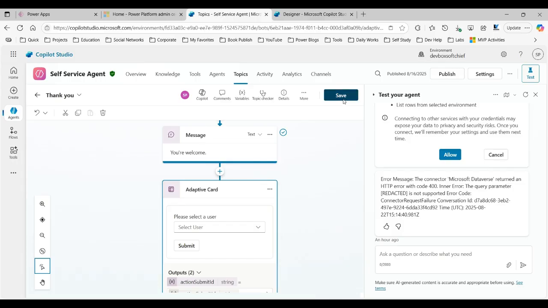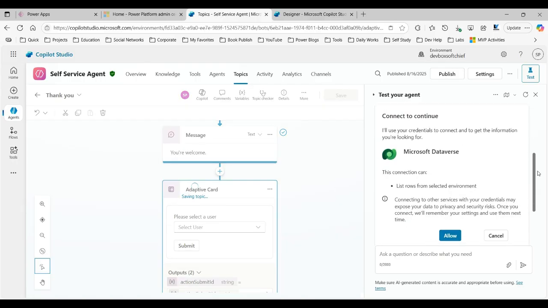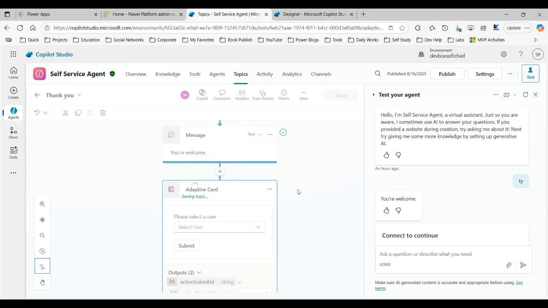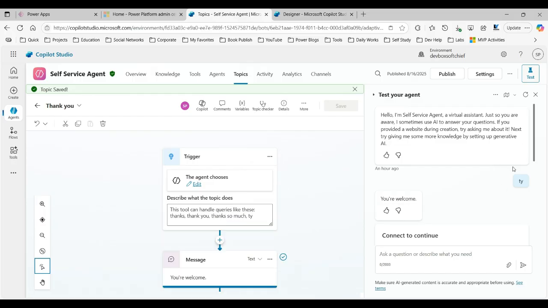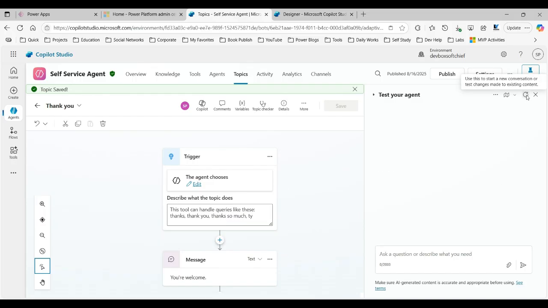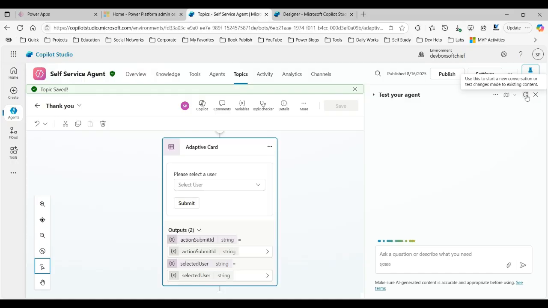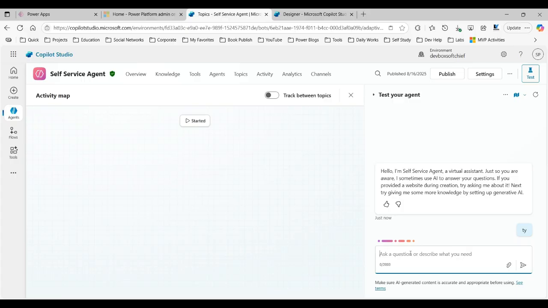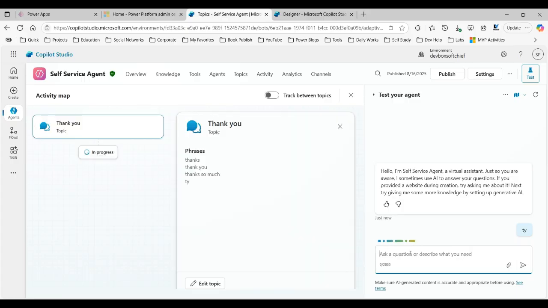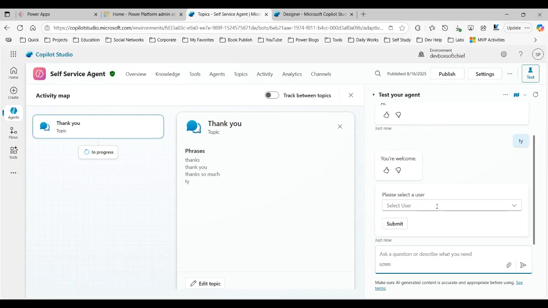Let us save and test how it works. I'm just binding the static items to my drop-down using the adaptive card. Then I will make it dynamic using a Dataverse table. Now you see, guys, it is saved. Let me refresh this. To test, let me type the trigger phrase to initiate this topic. Now you'll see this is rendering the adaptive card I have designed with predefined items, Sanjay and Sudhir. And I can select one of these options